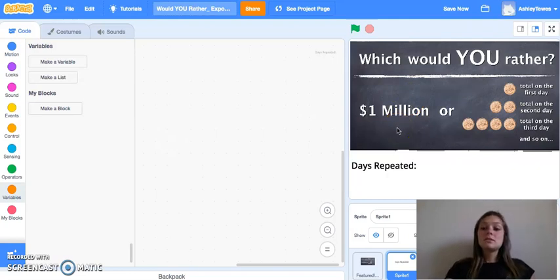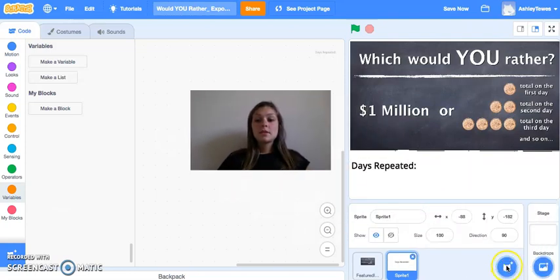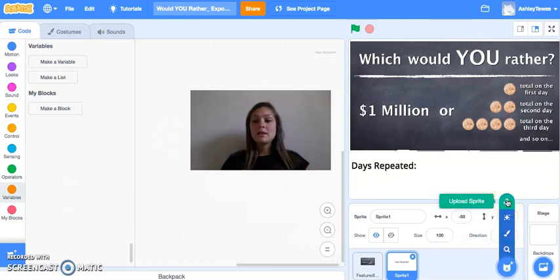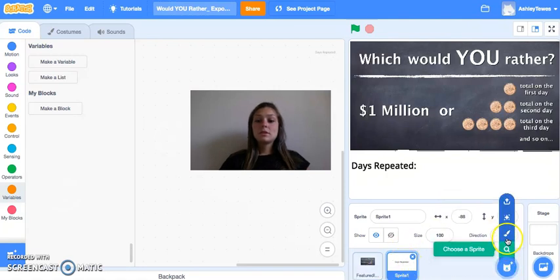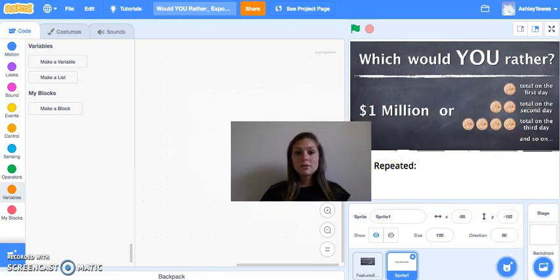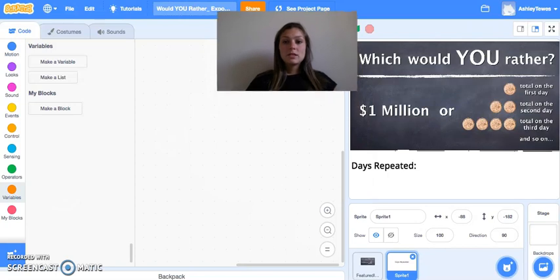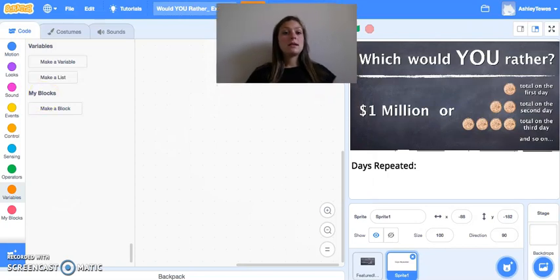So the first thing that you'll see that I did in this program is I came down and I added a sprite. So I uploaded this would-you-rather picture from online. And I also created in the paint tool, so coming here, another sprite, this days repeated, to help us with the variable here. So the first thing I'm going to do here is we want to create a handful of